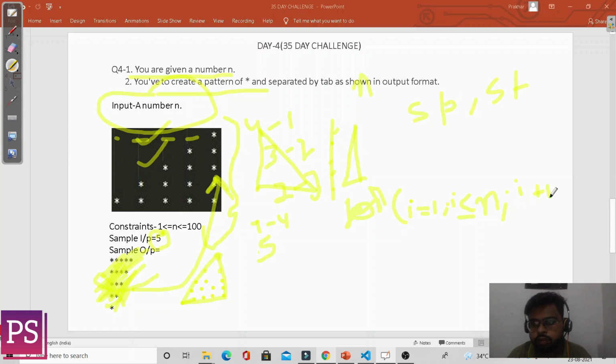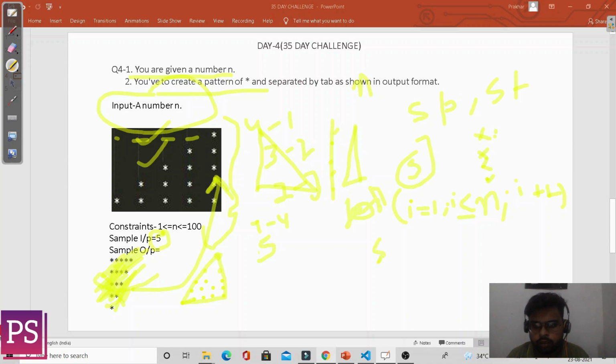This loop will run according to the value of n. Like if the value of n is 5, then this will run 5 times, once for each row. So everyone knows what this loop will do.